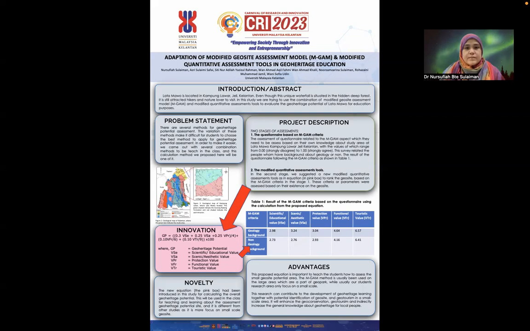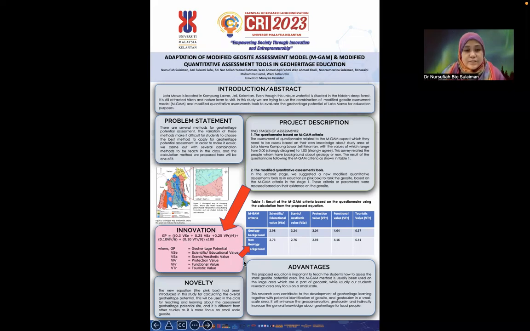For the project description, as I mentioned before, we combine two methods. The first stage is the questionnaire based on the MGAM criteria. This survey was distributed to people with a geological background and also people with a non-geological background. The second is the modified quantitative assessment tools. Why do we call it modified? Because this is the innovation that we came out with, a new calculation in the pink box for the geoheritage potential